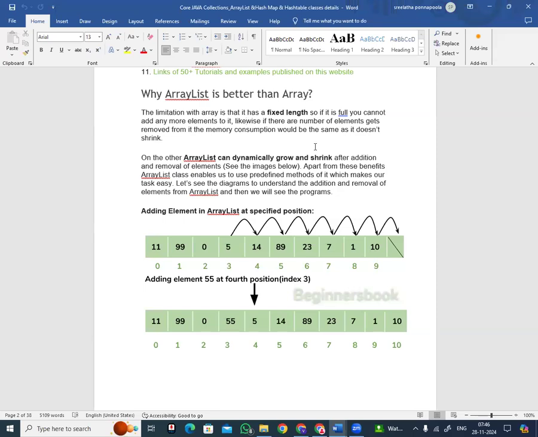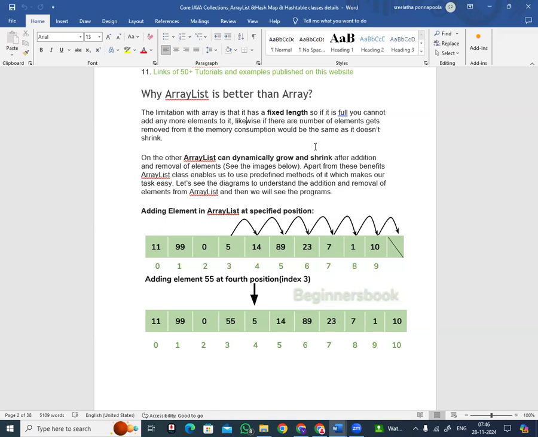Even if you want to remove some elements from the array, it won't reduce the array, that means the memory size I'm saying. For example, if you inserted 20 elements in the array and removed 5 elements, even though the array has 15 elements out of 20, the memory size won't shrink. The memory size occupied with the 20 elements remains the same. That is one of the disadvantages of array. And also you can't insert elements once the array is filled. So that's why the array list concept